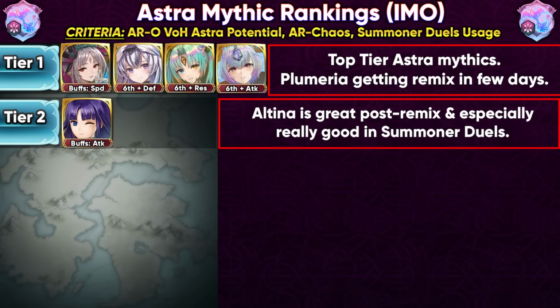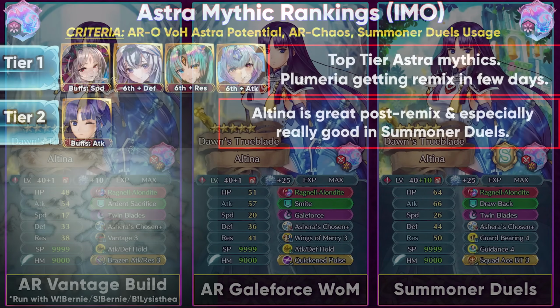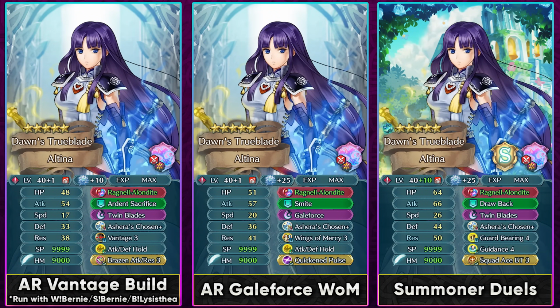And in tier 2, I would only have Altina. So Altina has gotten an amazing refine and remix, and she can function well in Ether Raids offense, but also in Summoner Duels, she is absolutely amazing. And I think she's a lot better in Summoner Duels than she is in Ether Raids offense because she can